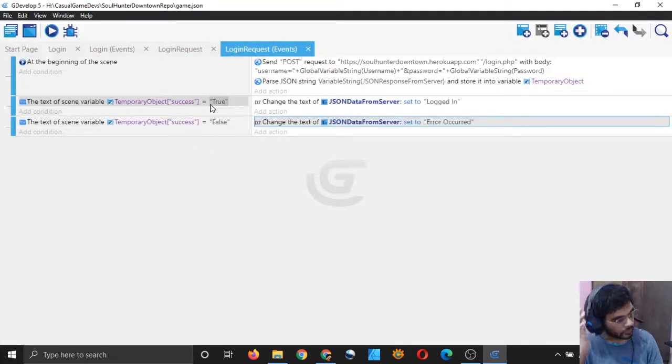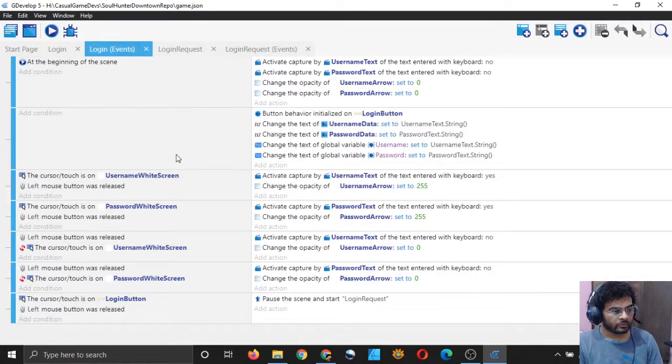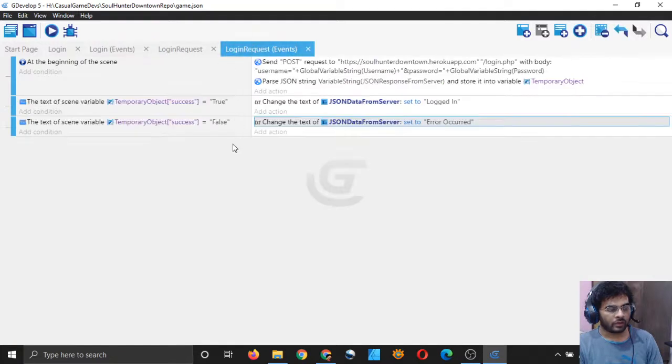Let me now here, if success is true, if I have logged in, then whatever the user entered as username and password is correct. And so I should change the value of the field is logged in to 1.